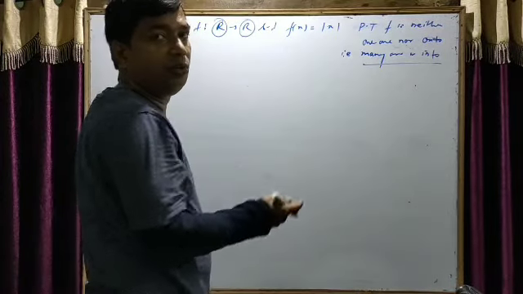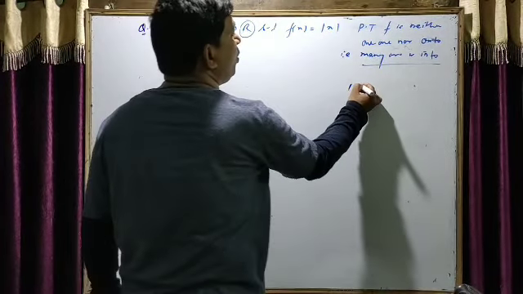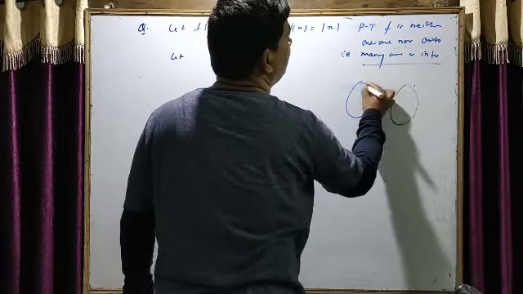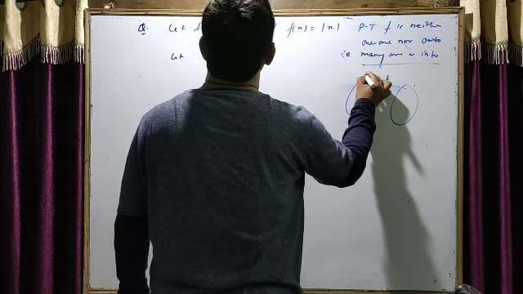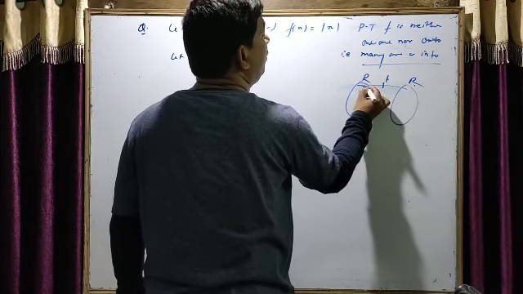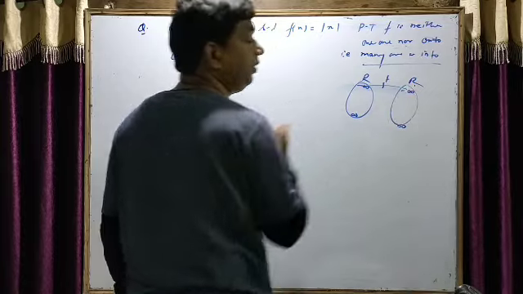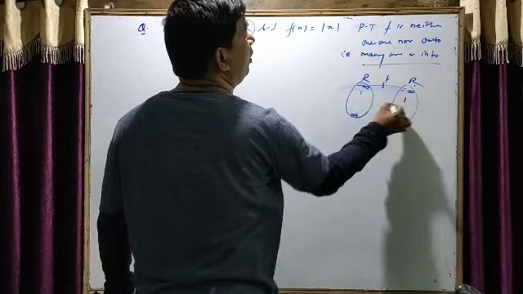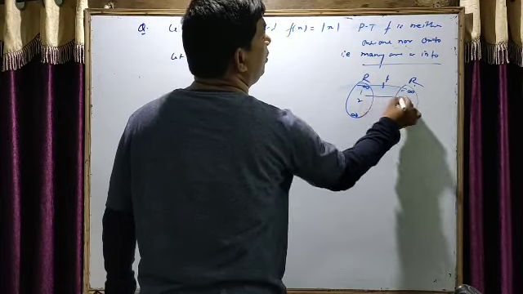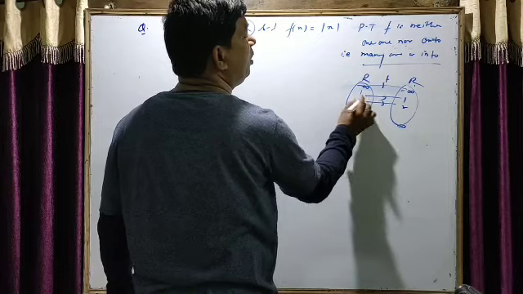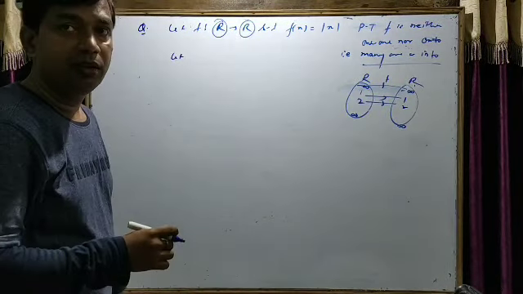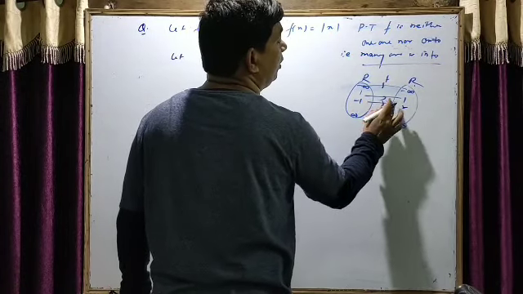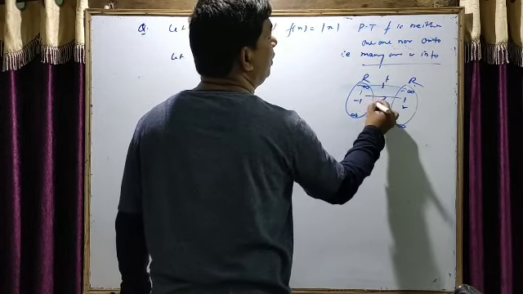Because if you take 1 and another you take 2, so see here, 1 or 2 belonging to N, this is the function from R to R, minus infinity to plus infinity. But if you take 1, the answer is mod 1, so 1. If you take 2, then it is 2. So two distinct elements, two distinct images, so it is one-one. But if you take minus 1, now you see, if you take minus 1, then the answer